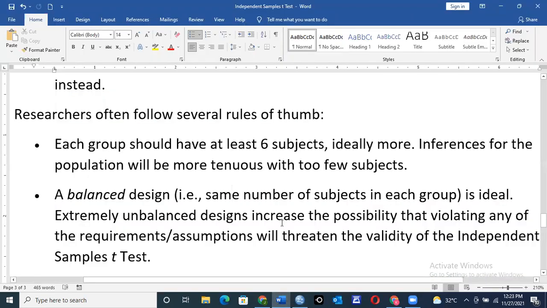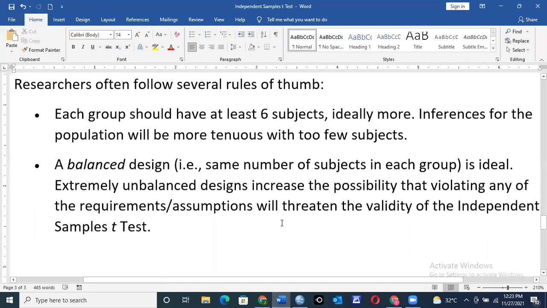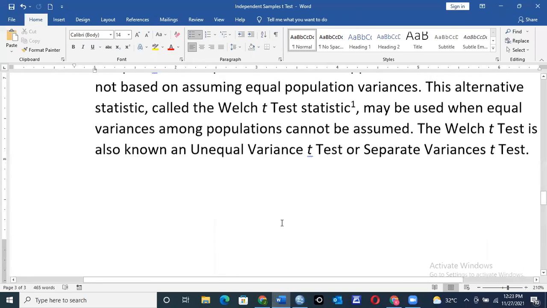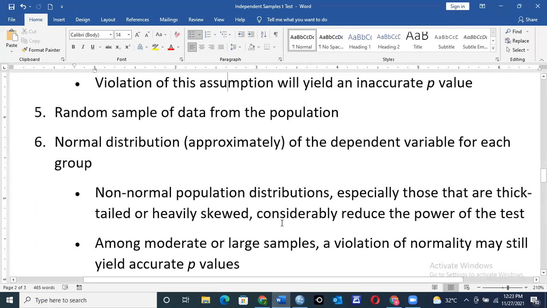Design is something you can check when you are designing your tool for this particular analysis. These are some of the assumptions or conditions that you have to meet to conduct an independent t-test.